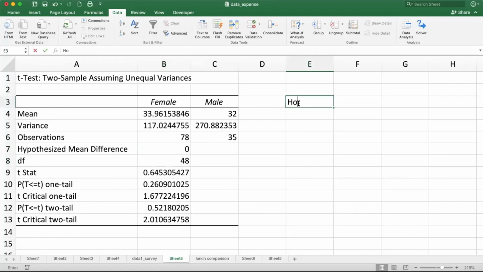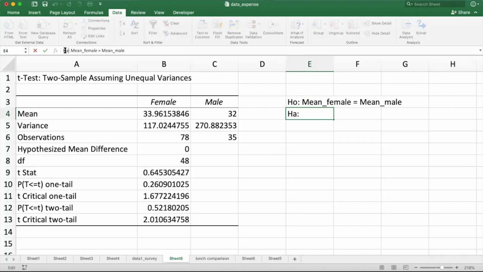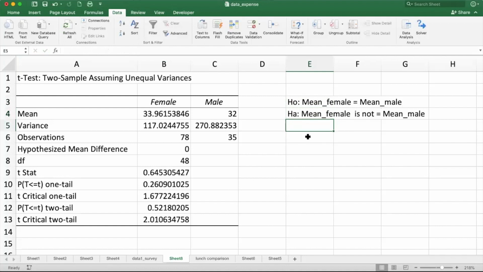So, again, ano ang hypothesis? Mean lang sa male is equal to, sige, female muna. Yun yung nasa kaliwa. Mean ng female is equal to the mean sa male. Palitan ko na lang. Paste tayo. HA not equal. Okay? So, we will look at the two-tailed result. Sana nasundan nyo na, no? Reject H null if p-value na lang tayo tumingin para isa na lang. P-value two-tailed